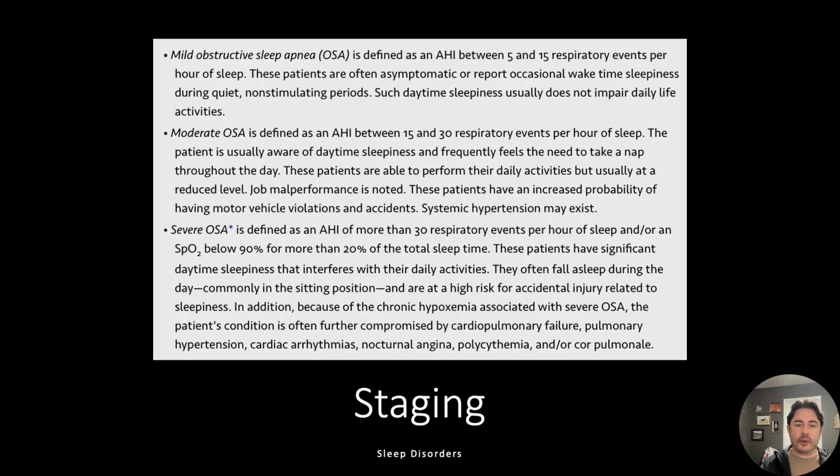So the next thing that we need to do is identify whether this patient has mild, moderate, or severe OSA. And this is a screenshot from one of the old books that I used that breaks it down super easy. So what we're looking at is, are there 5 to 15 events per hour of sleep? Or do you have 15 to 30 events per hour of sleep? Or do you have 30 or more events per hour of sleep? And your SpO2 has to drop